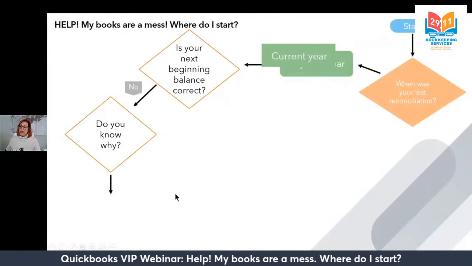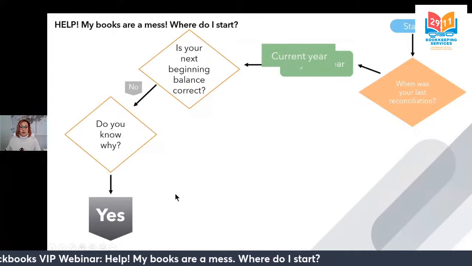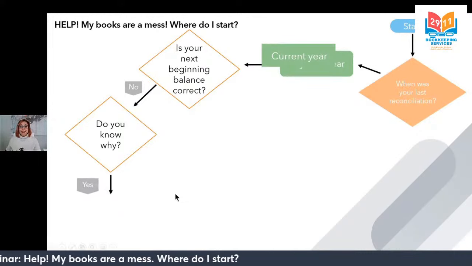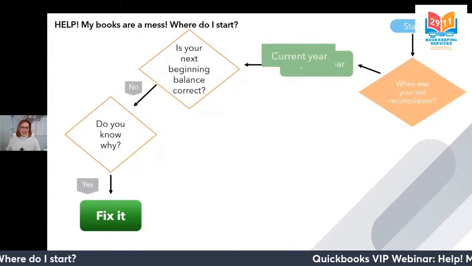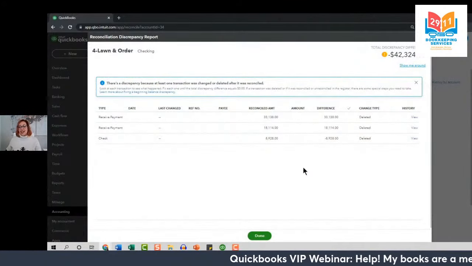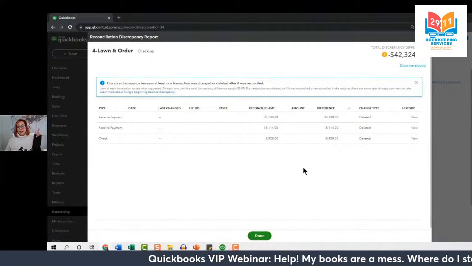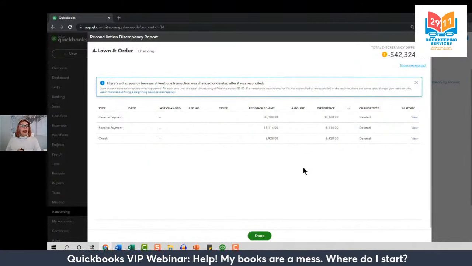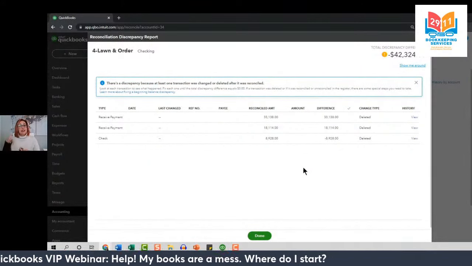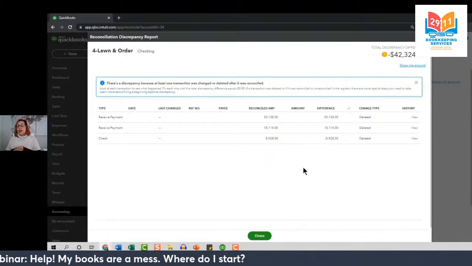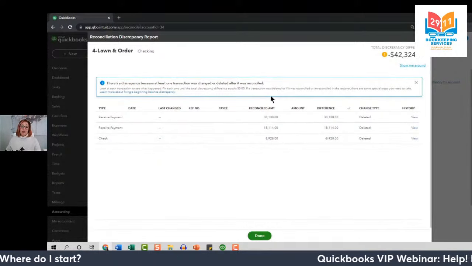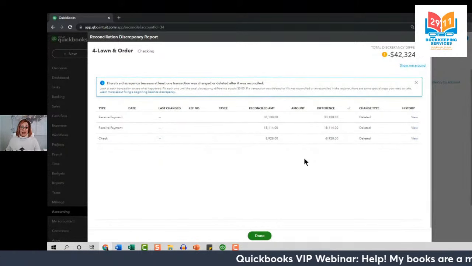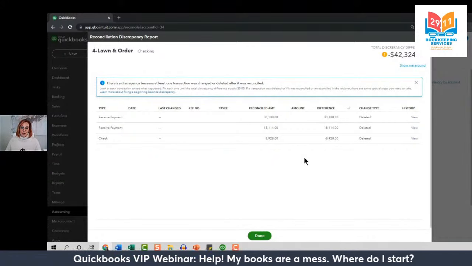So that would be why, if they were previously reconciled, that would be why our beginning balance is off. Okay, so let's say yes, we do know why. What are we going to do? Fix it. So let's go ahead and do so. We know when we're dealing with deleted transactions that were previously reconciled, first thing we should do, go back and check the source documents, check the bank statement, check your real world transactions and see, did these actually occur? And if they did, they were deleted by mistake and should be recreated in order to get that balance back up to where it should be.